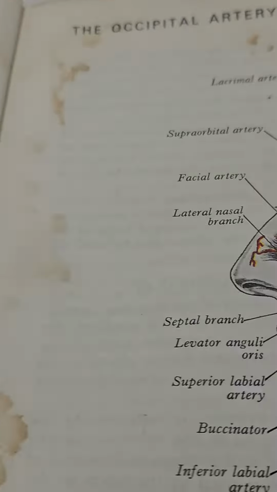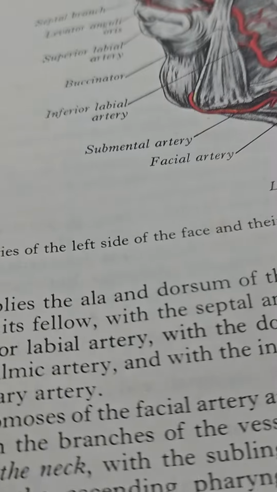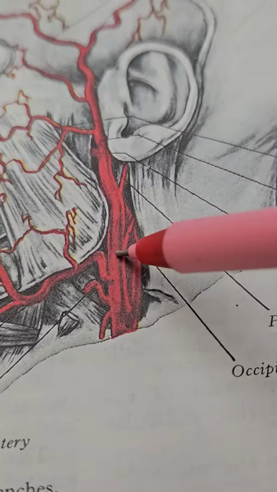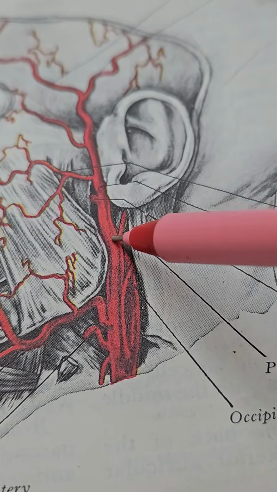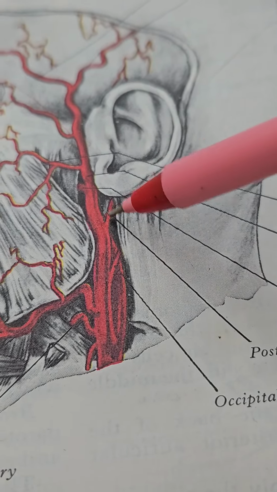This is the posterior auricular artery. See the branch from the external carotid artery. This posterior auricular artery is going to the back side of the ear. See the name